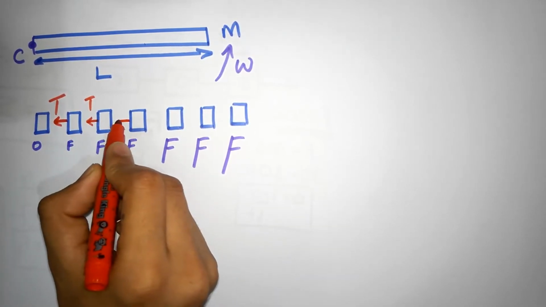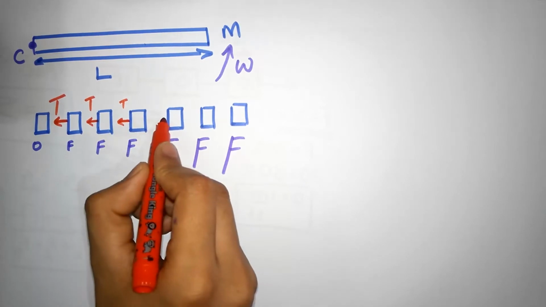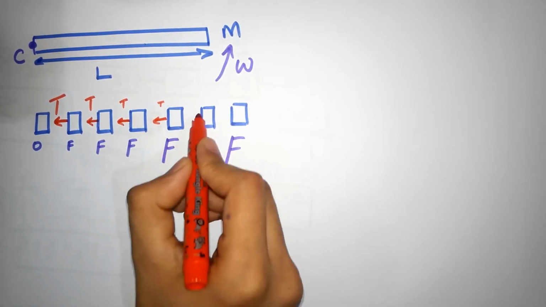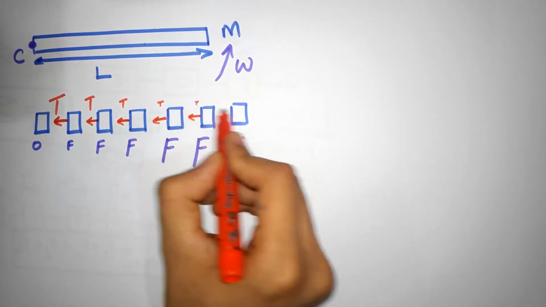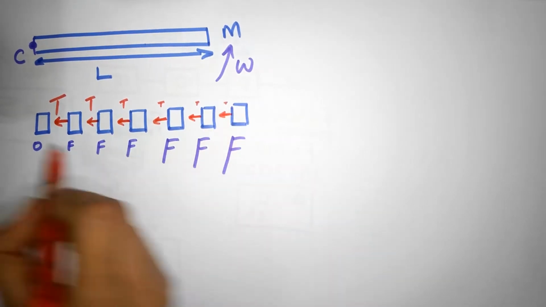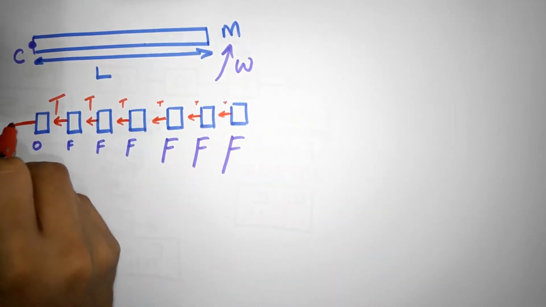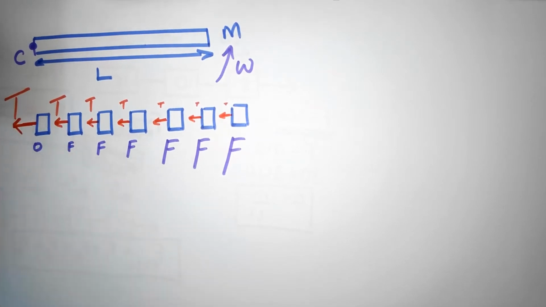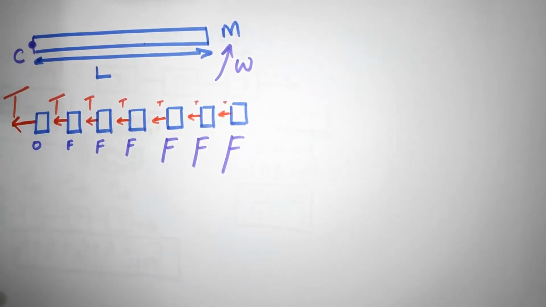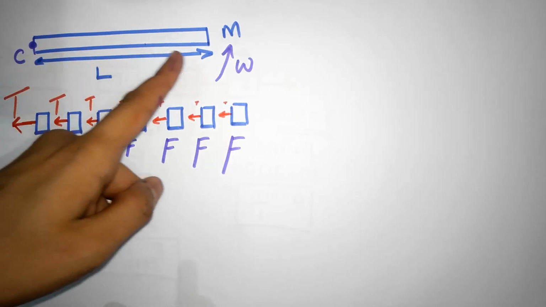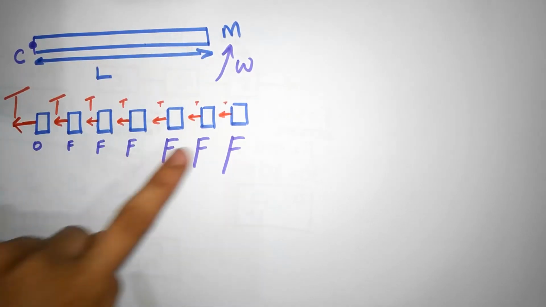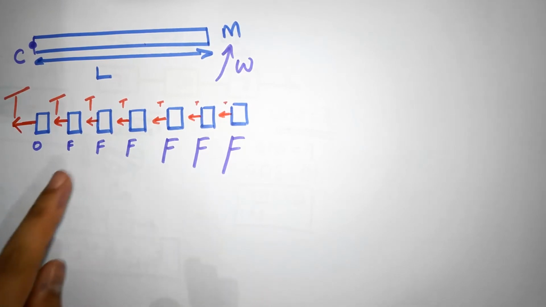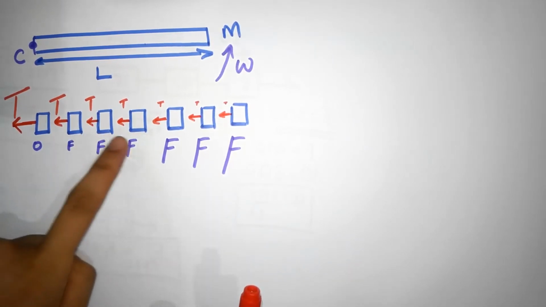The tension at this point is going to be a little bit smaller. Tension at this point is a little bit smaller. Tension at this point, smaller. Tension at this point, whew, huge, biggest tension. So you see how the tension is changing? Tension keeps changing as you move from here to here. Maximum tension, minimum tension. So what we need to find out is the net force on each guy and add